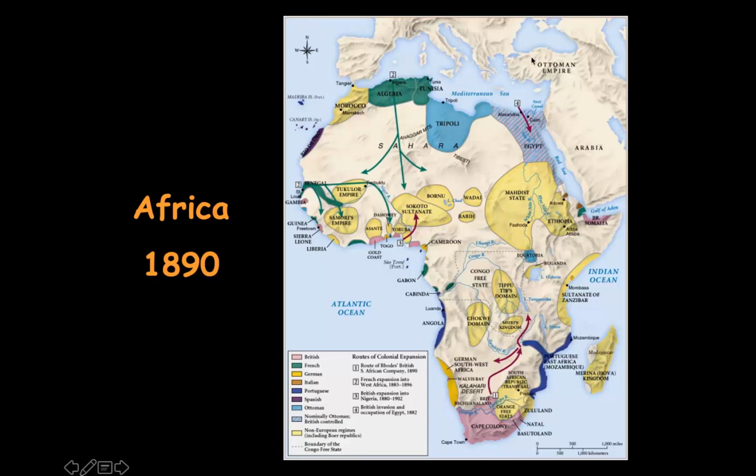The Ottoman Empire is very weak at this point. They're not going to be able to hold on to their territory here very easily or to assist these guys. There's lots of different states here that have grown over time with trade from the Europeans. But the Europeans have not really, except for the Cape Colony with the Dutch, gone inland here. A few people have gone to explore, but no major armed force has gone in to actually